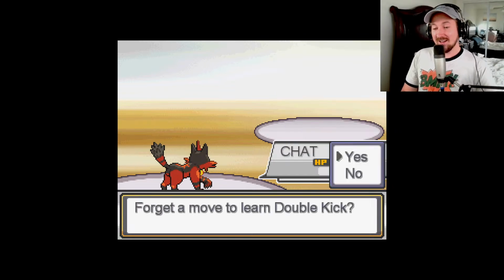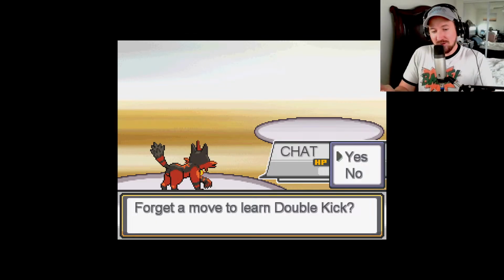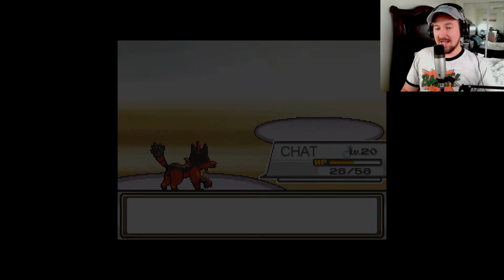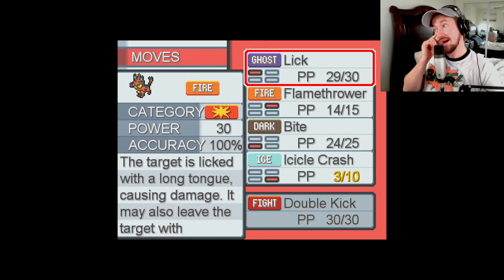Chat wants to learn double kick. Okay, well, I'm going to wait a second because chat gets to decide if chat should learn double kick. So tell me, does chat learn double kick? Chat, the orb wants you to win. I've still got 2 more level 21 Pokemon to get through. I was paying attention to the chat, so I don't remember if Dratini fainted or not. I'm pretty sure I switched into chat before Dratini could faint. So I've got like 2 Pokemon, and I've got a Dratini on his time. Do not learn double kick.